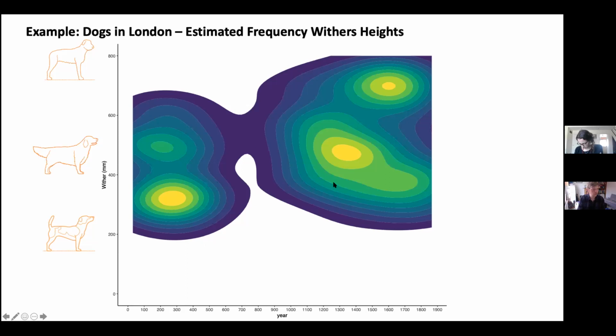But then moving into the medieval period, we've got a real concentration in the 12th to the 1400s of, in fact, golden retriever size dogs. And then we've got a gradual increase into our smaller animals. But it's this concentration up here in the 1700s of much larger animals, kind of greyhound size, that I was really pleased to see,